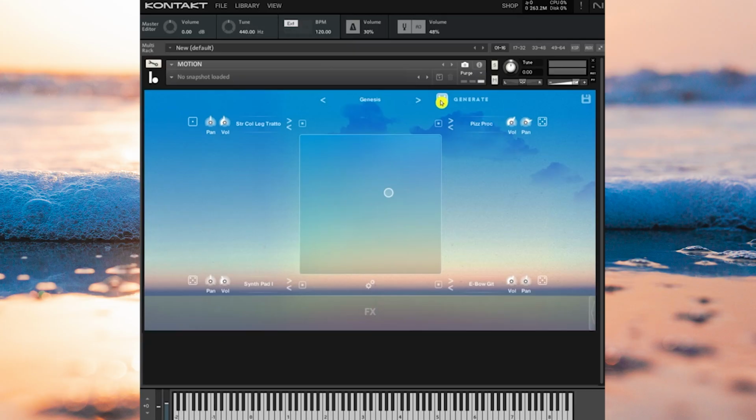And we also have a big fat generation randomization button indicated by the dice, which is a huge source of inspiration, because hitting that dice can take you from a set preset